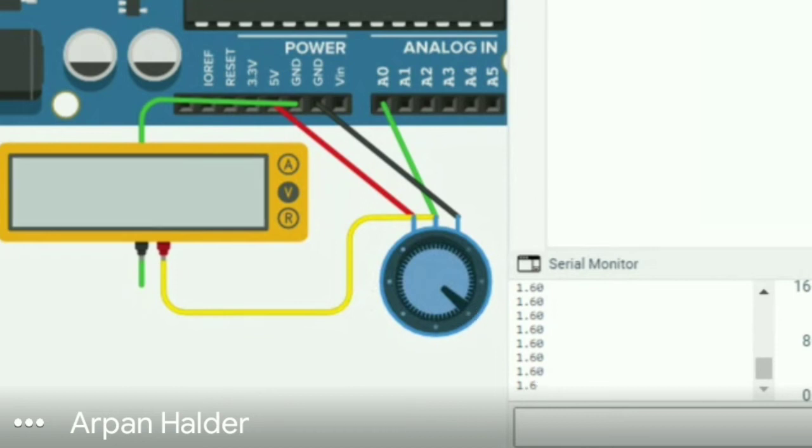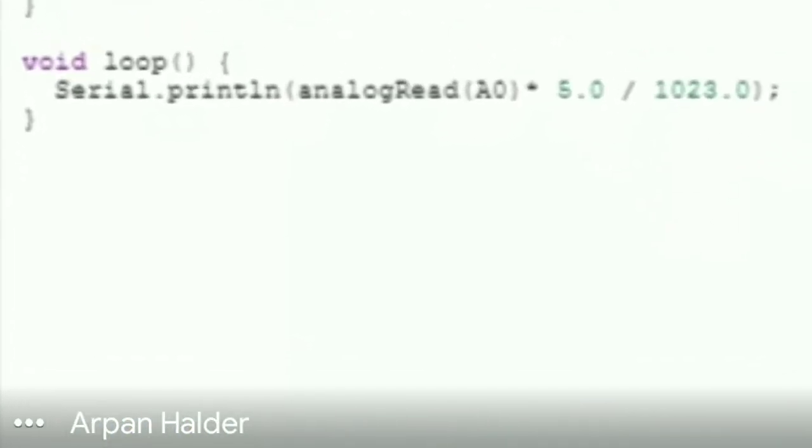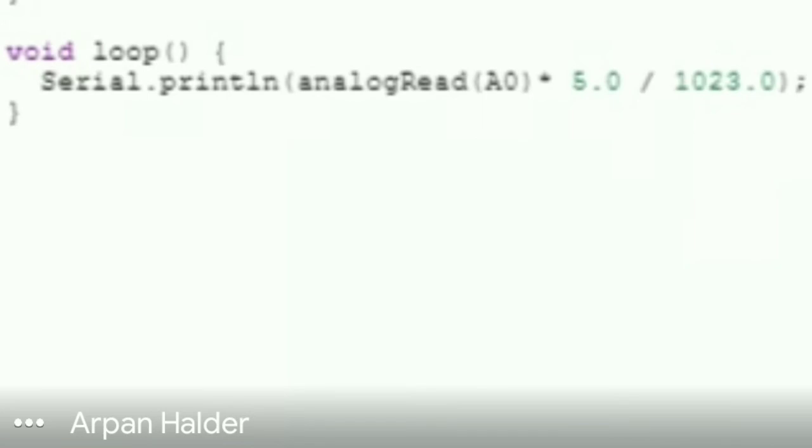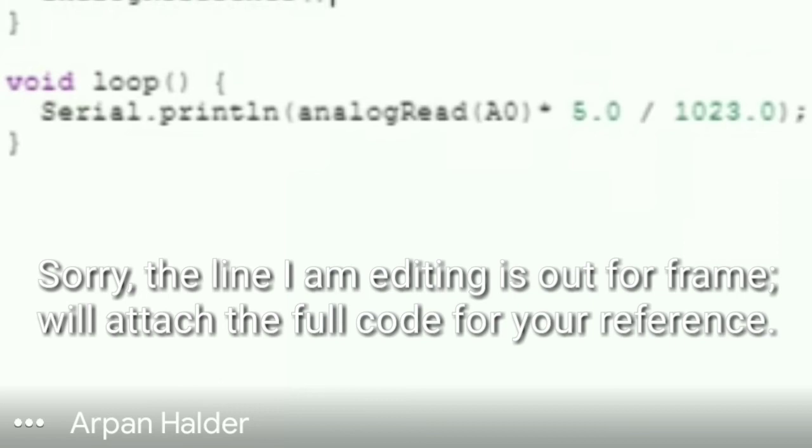Next, we move to the concept of changing reference voltages. In the case of Arduinos, the simple command for changing the reference voltage is to add a keyword, analogReference. For the board I am using, it has 3 options: default, which is what is there by default, internal and external.